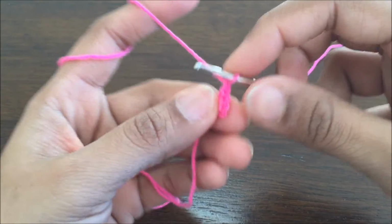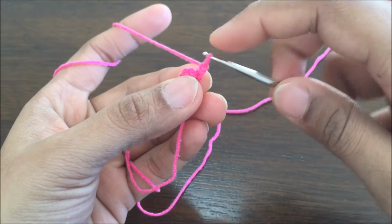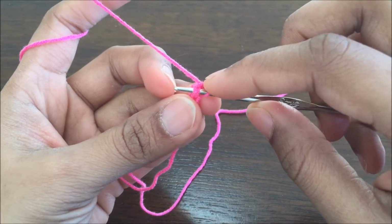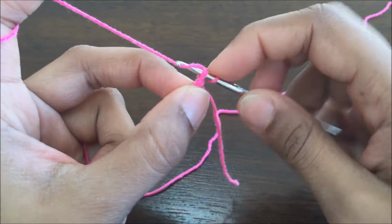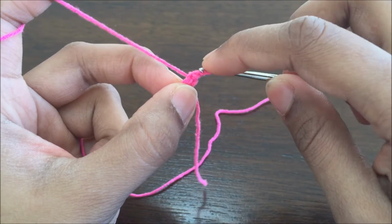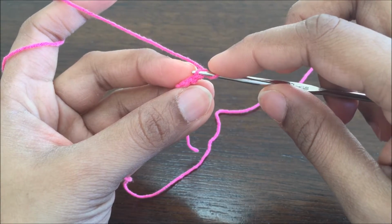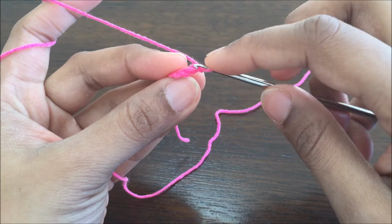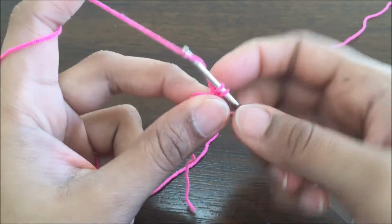So if you observe in your stitches, you will have 2 loops. These are the 2 loops, and generally when you do crochet you go under both these loops and do the crochet, but for Irish crochet you will just go in the back loop. This is the front loop, I'll skip that, I'll go into the back loop,